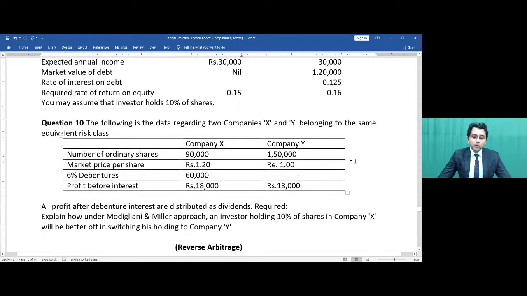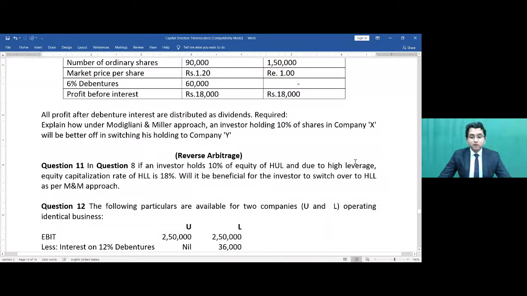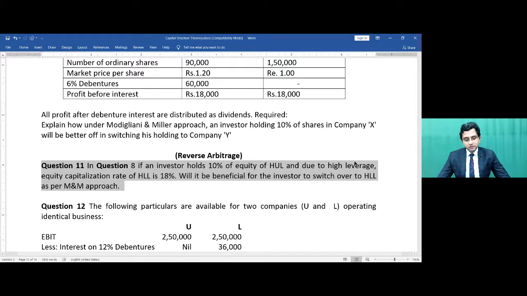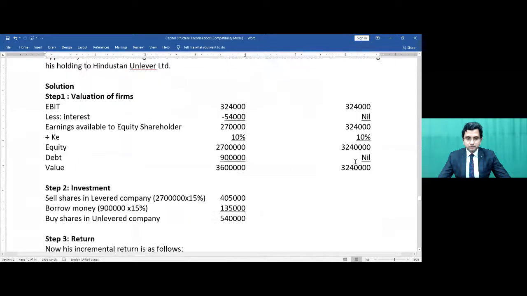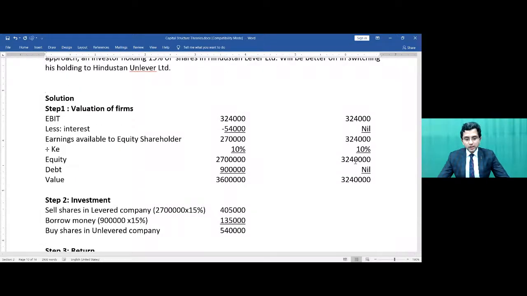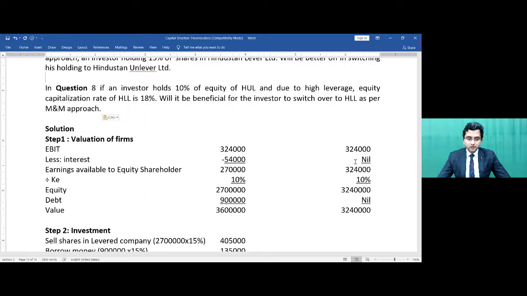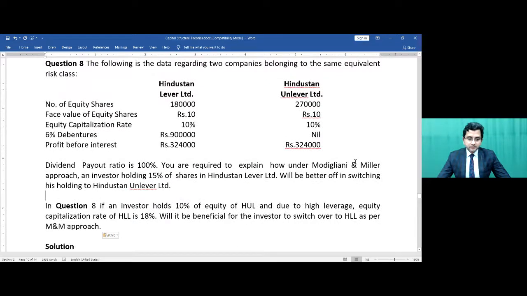Let's do one question on reverse arbitrage. Now, what is reverse arbitrage? Look, I will copy this question here. In this question only, I'm making one change. It says that in this question,